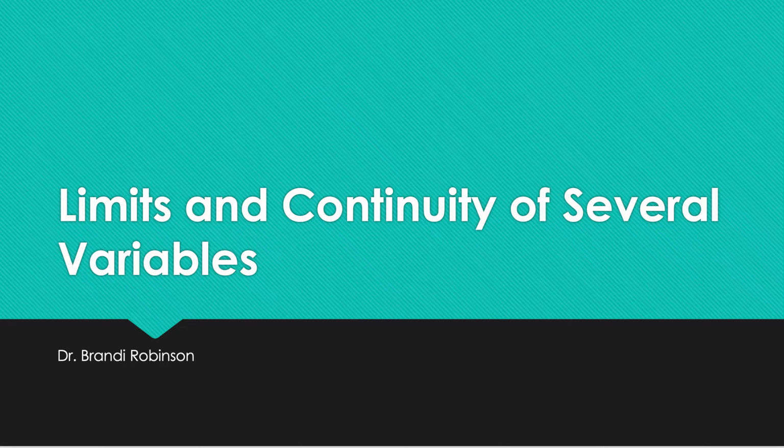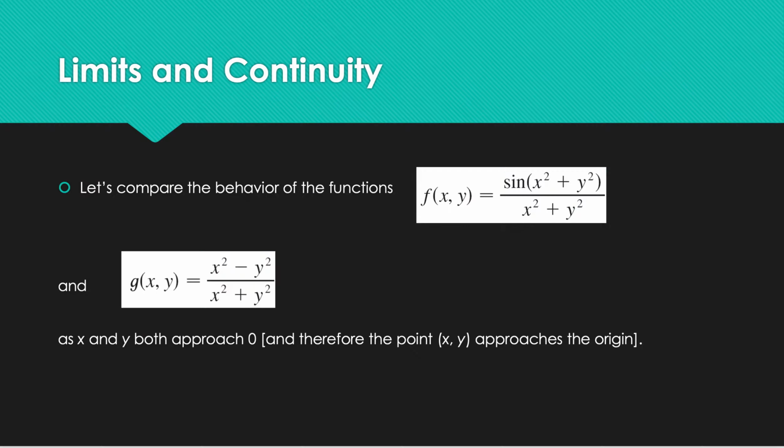So now we're going to take a look at limits and continuity with several variables. This will be similar to domain and range. We're not changing the rules of the game, but we are building upon them with more than one variable. So if I'm looking at limits and continuity, first let's compare the behavior of these two functions, and let's look